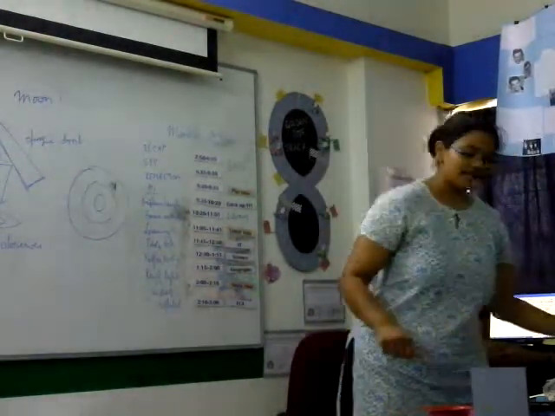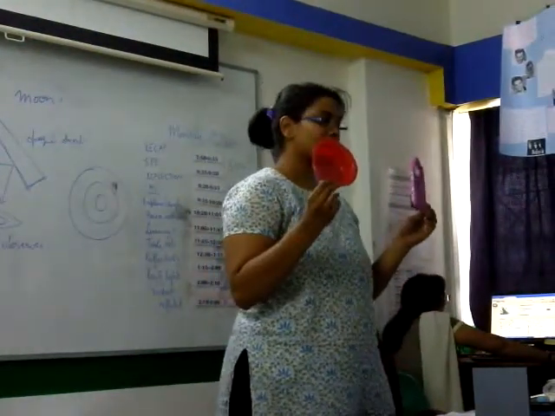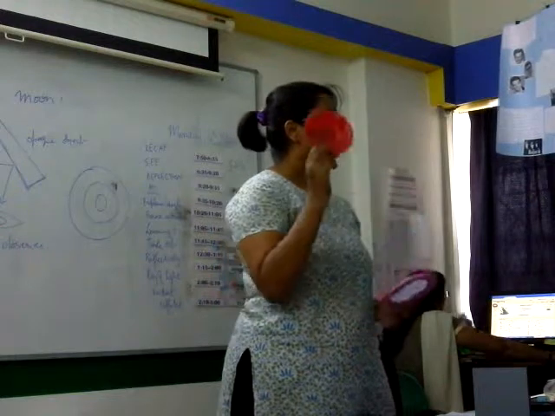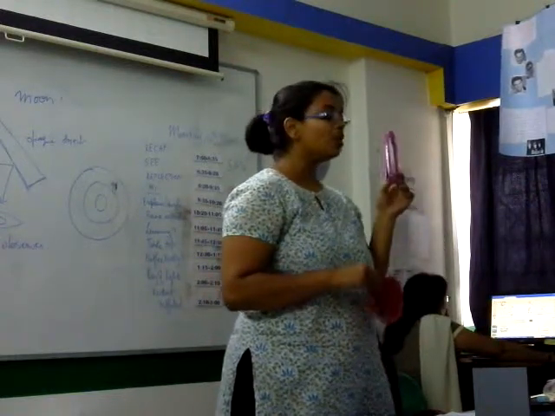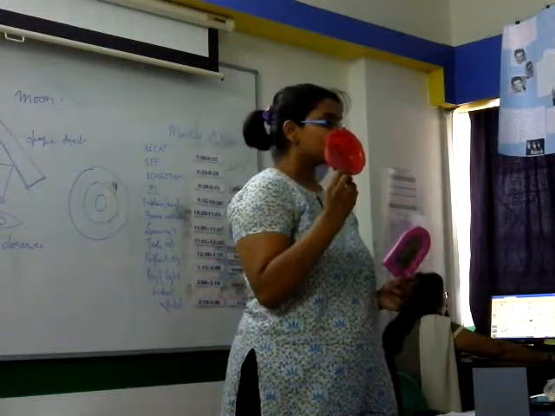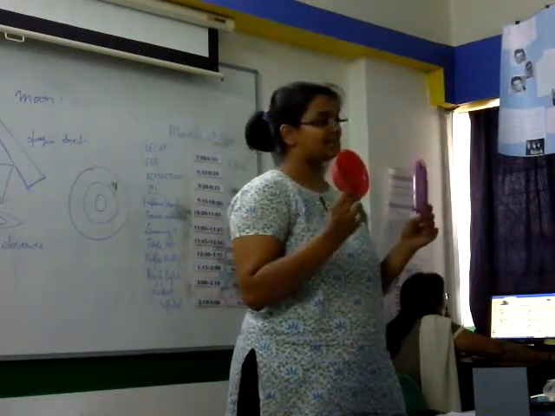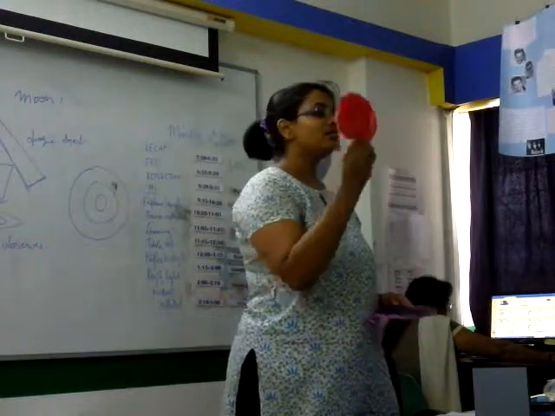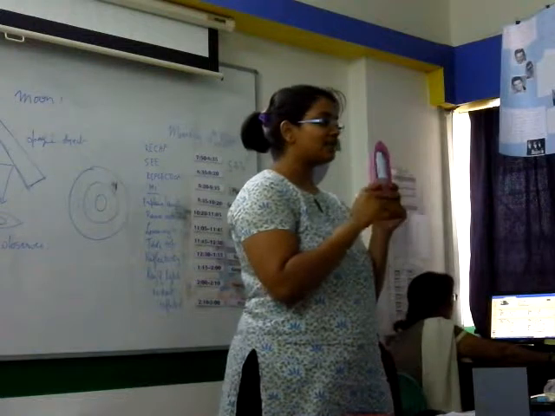Okay. Now we have learned that both these are reflectors. Everyone agree? But you can see your face in the mirror. You can't see your face in the bowl. Exactly. The reason being, the mirror is more reflective than the bowl. If you could see your face in this, then there would be the same reflectiveness. Now the bowl only reflects a little amount of light, and the mirror reflects almost all the light. That's why you can see your face in it.